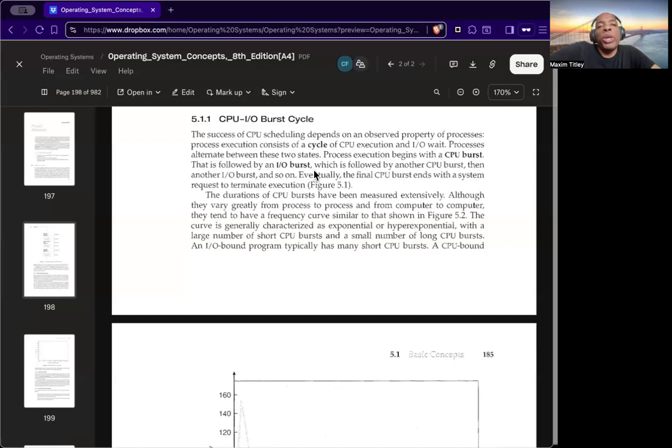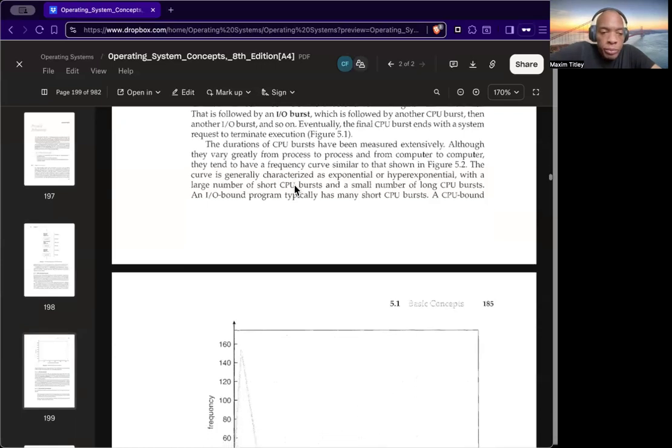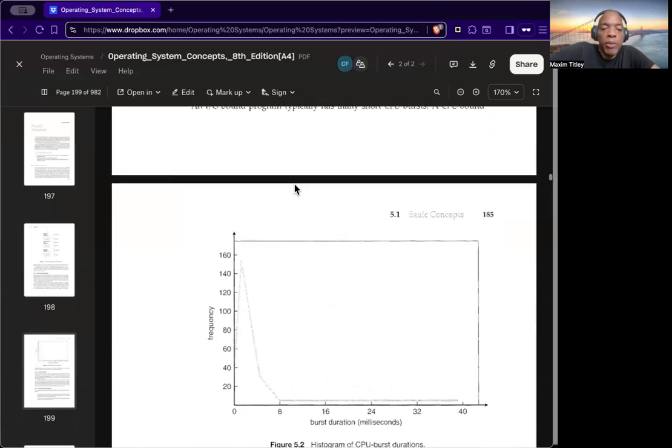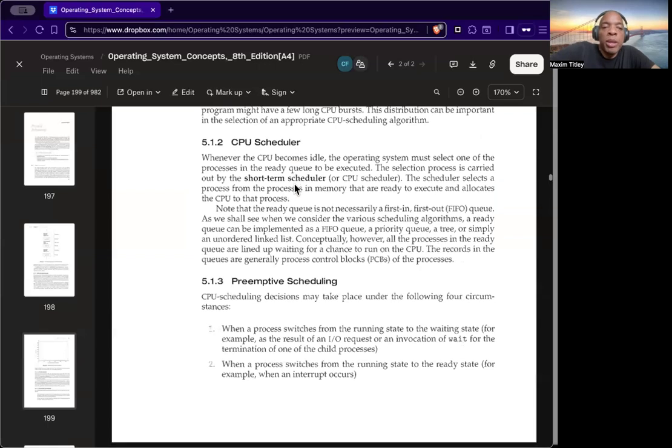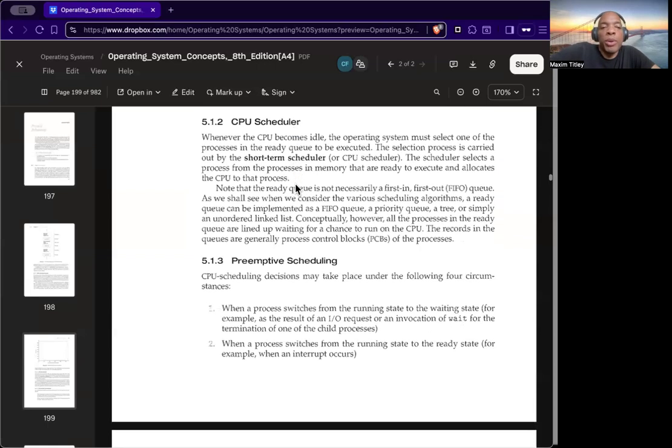So when we have I/O intensive activities, we call that I/O bursts. And this toggling back and forth happens quite a bit. Now, here's the thing, an I/O burst usually takes a bit more time. CPU type of activities are usually quicker and more fast moving, so we can get a lot of work done with the CPU.